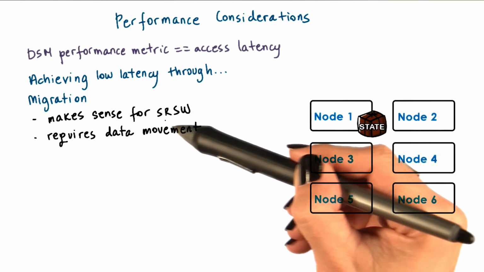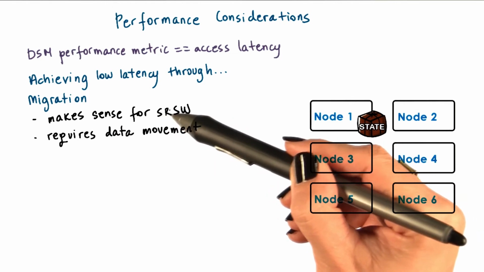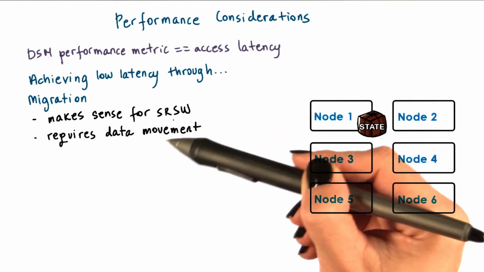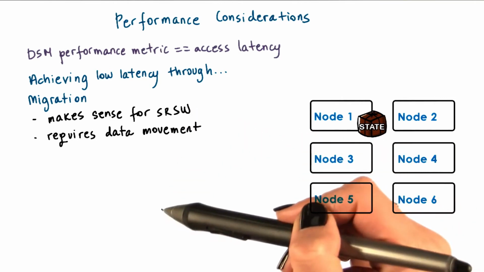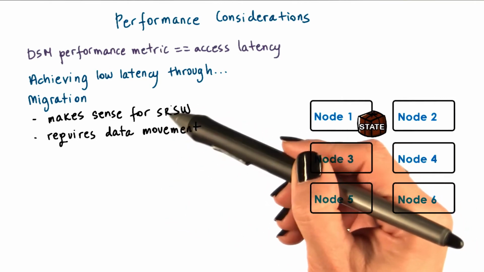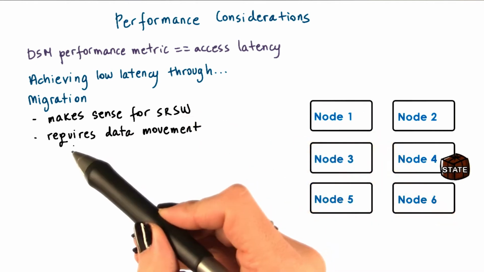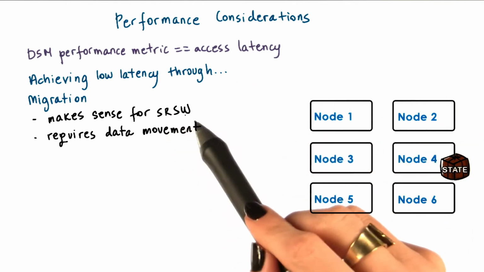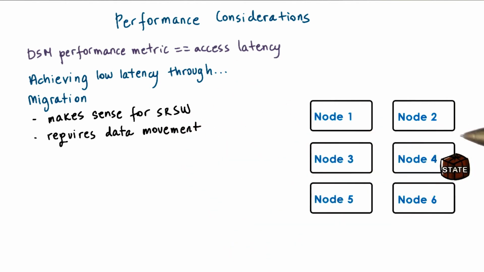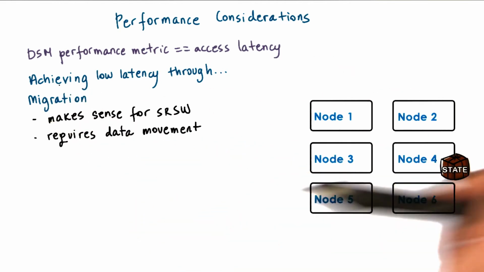node. This makes sense for situations where we have a single reader, single writer, since only one node at a time will be accessing the state, so it does make sense to move the state over to where that single entity is. However, this requires moving the data, copying the data over to the remote node, and that incurs some overheads. So even for the single reader, single writer cases, we should be careful when we trigger these types of